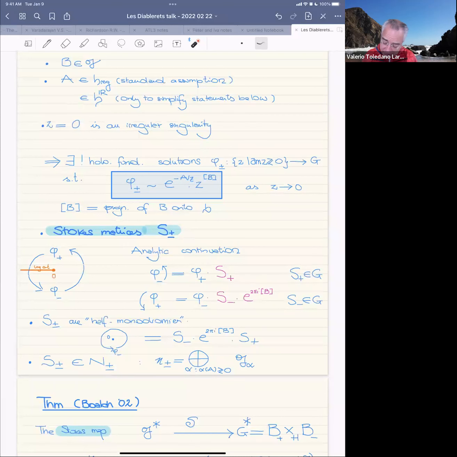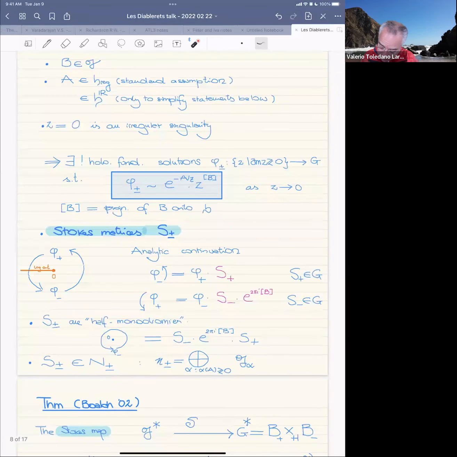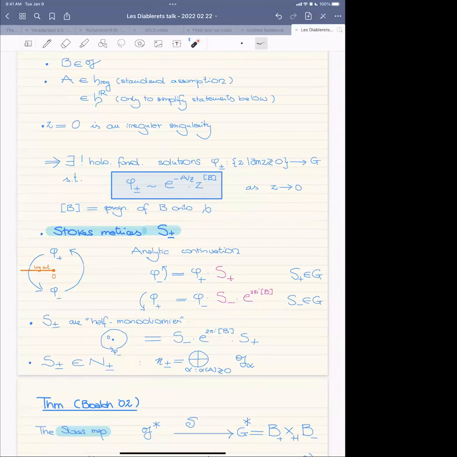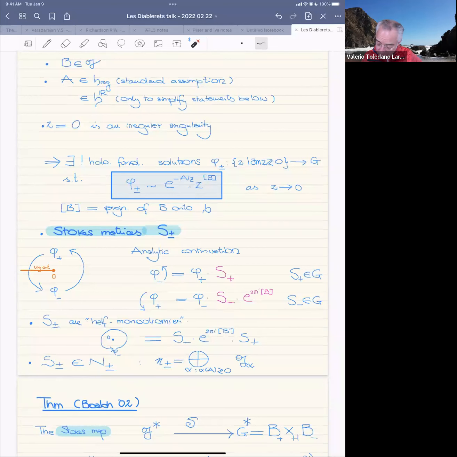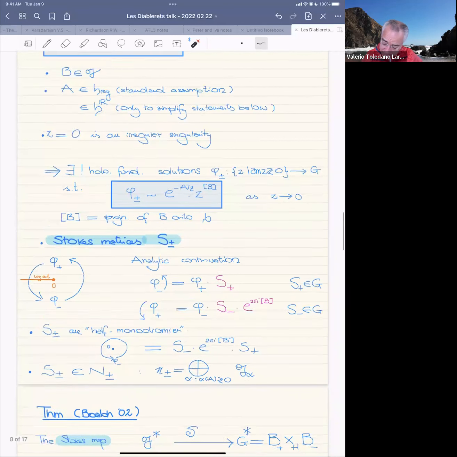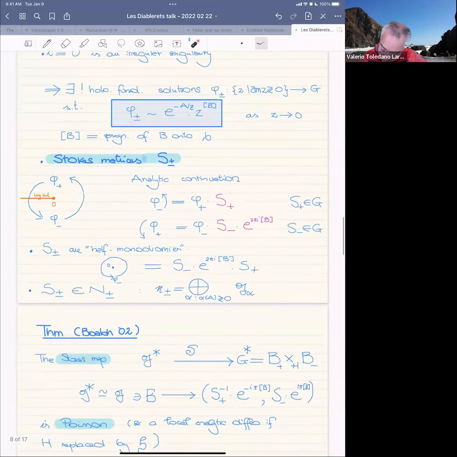But they are per se a finer invariant. So remembering this factorization as S plus and S minus times this is a finer invariant, and it's the right thing to do in this case. Also, it's a well-known fact from ODEs that Stokes matrices are unipotent, and more specifically, they lie in the unipotent groups whose subalgebras are the algebras of positive and negative root vectors corresponding to the chamber where my A lies. Okay, so this is Stokes matrices, and now what does Phil prove?